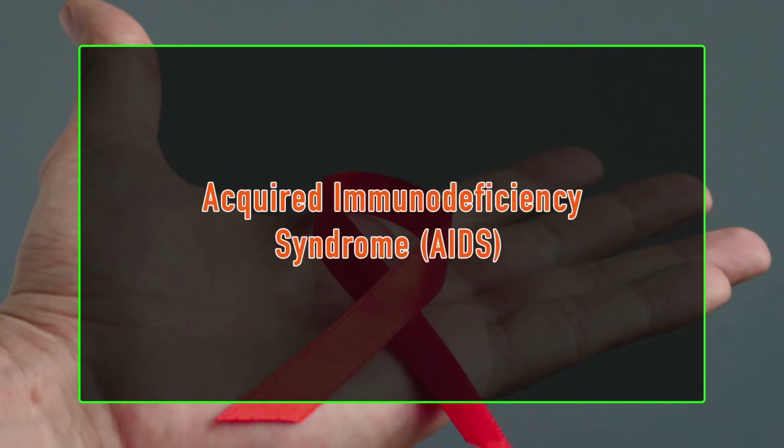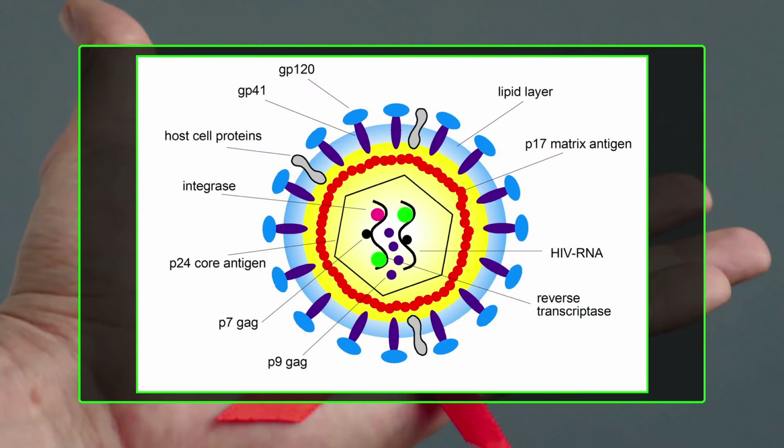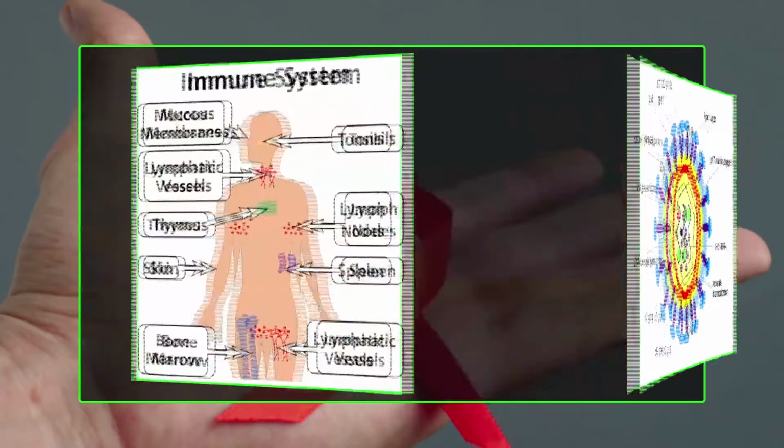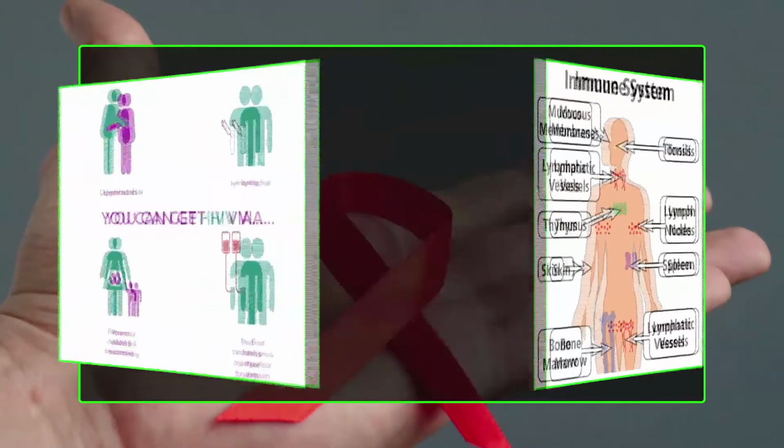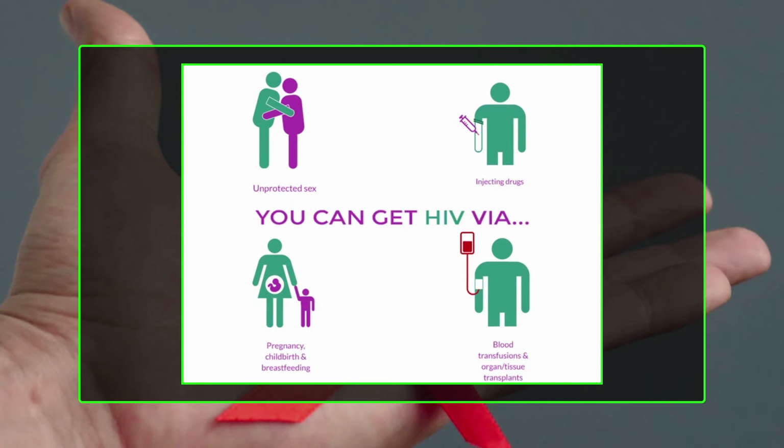First we will be looking at the introduction. Acquired immunodeficiency syndrome or AIDS is a chronic, potentially life-threatening condition caused by the human immunodeficiency virus, or simply HIV. HIV is a virus that attacks the human immune system and weakens its ability to fight infection and disease. Although the virus is mainly transmitted through sexual intercourse, it can also be passed down from mother to